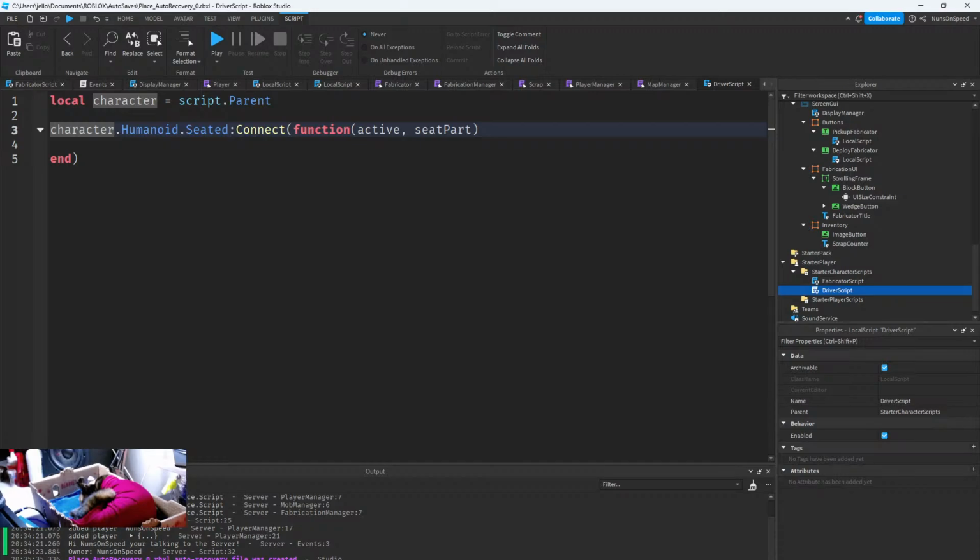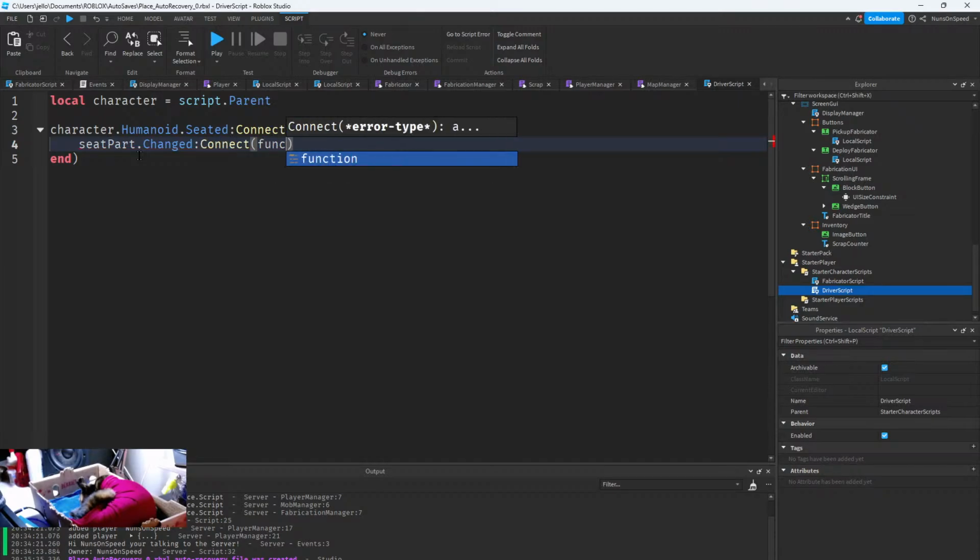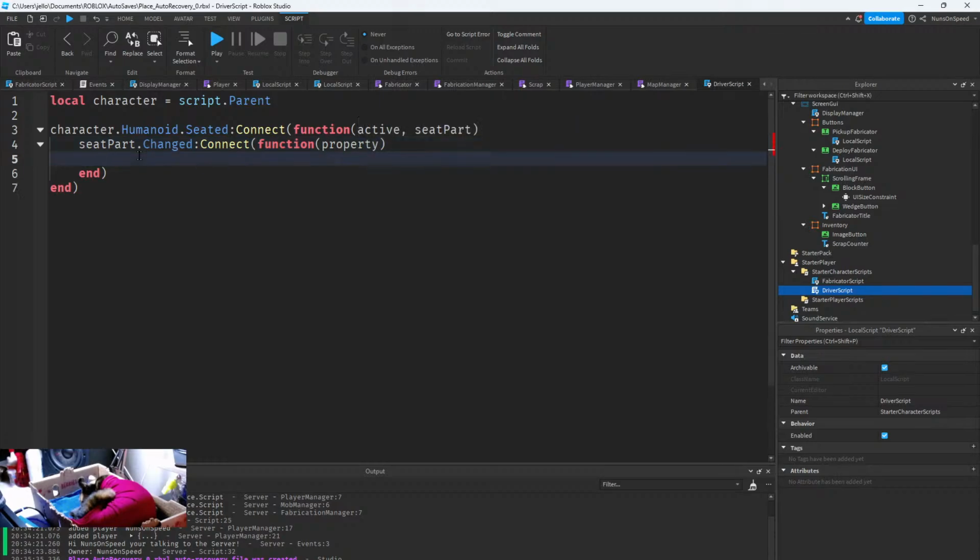So we've connected to the driver's seat. Now we've got a whole lot of scripting to be done here. Throttle float. Oh, now we can see the changed event. For now, I'm just going to simply print. Okay, let's just start getting the code plopped in here. We've got our character. We want the seat part. When we change it, we're going to connect to a property, and the properties that can change,